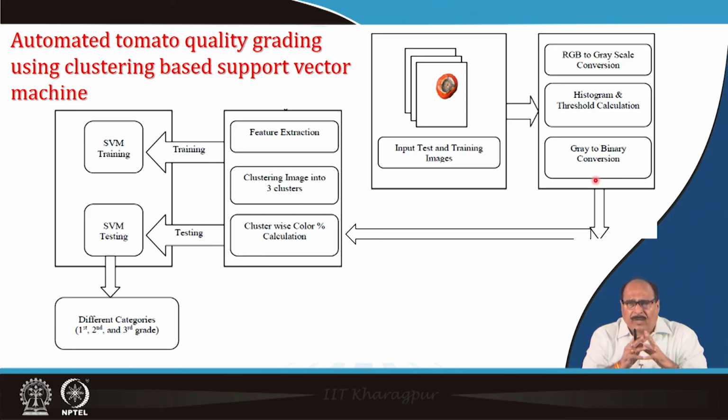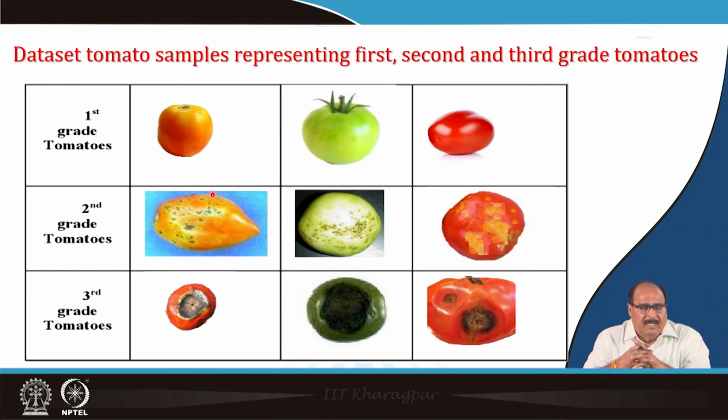It will process whatever system you want. Then it will go through the image training, SEM training or image testing. Training and testing are done, and finally it gives different categories: first grade, second category or third choice grade etc. You can see here the data set of tomato samples representing the first, second and third grade